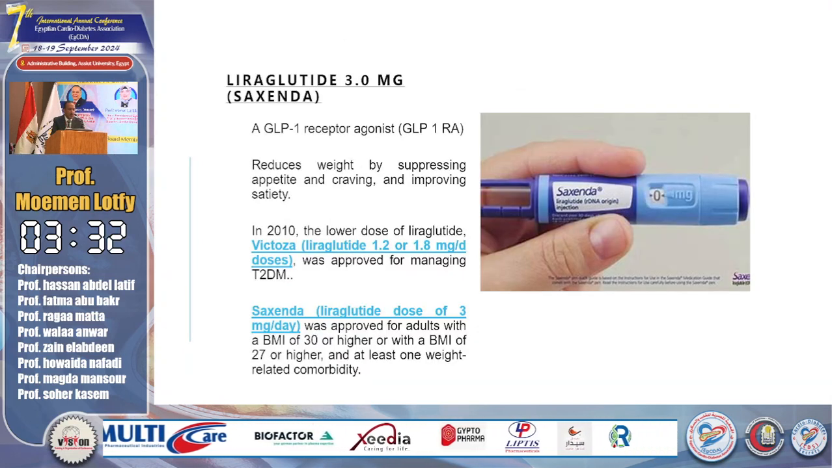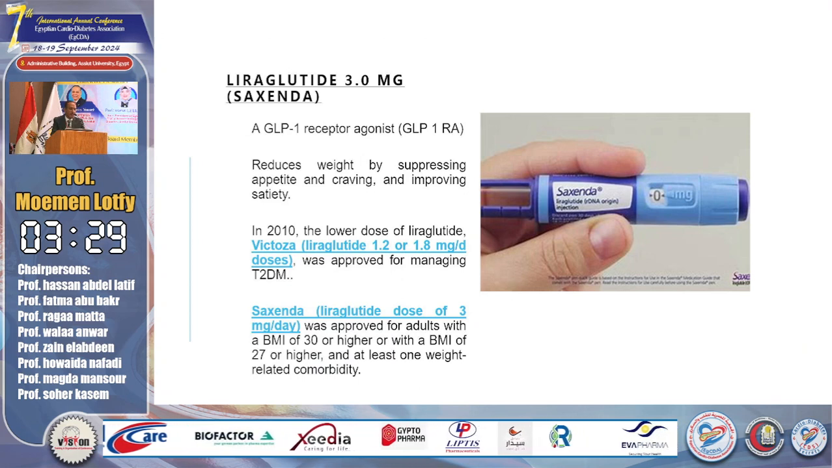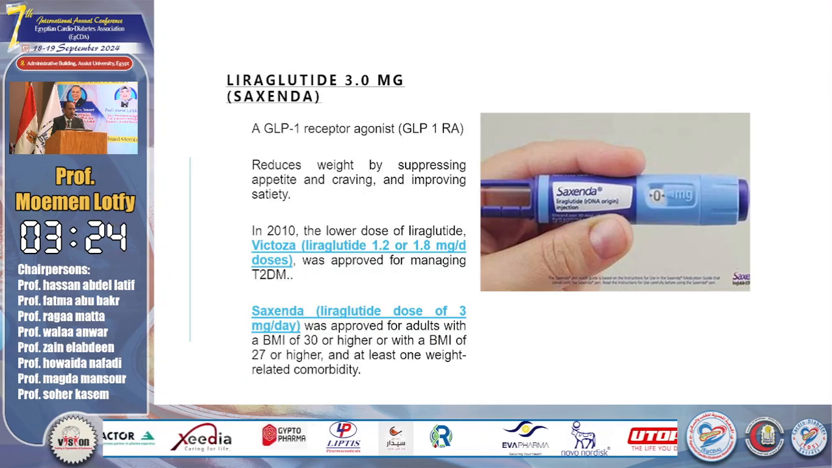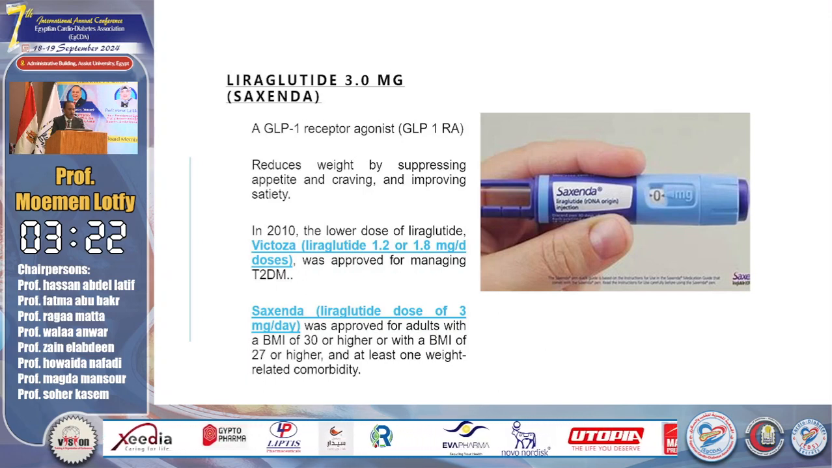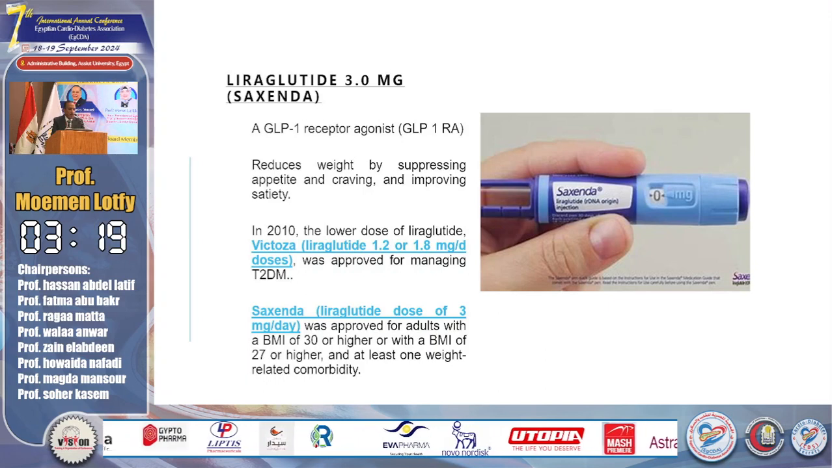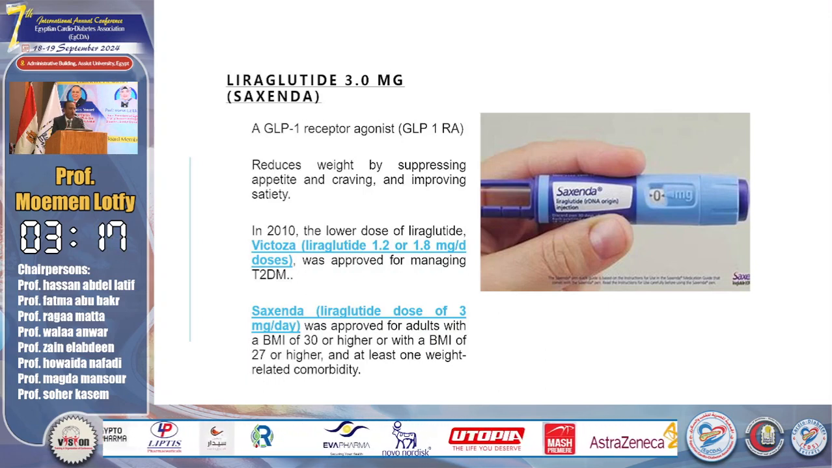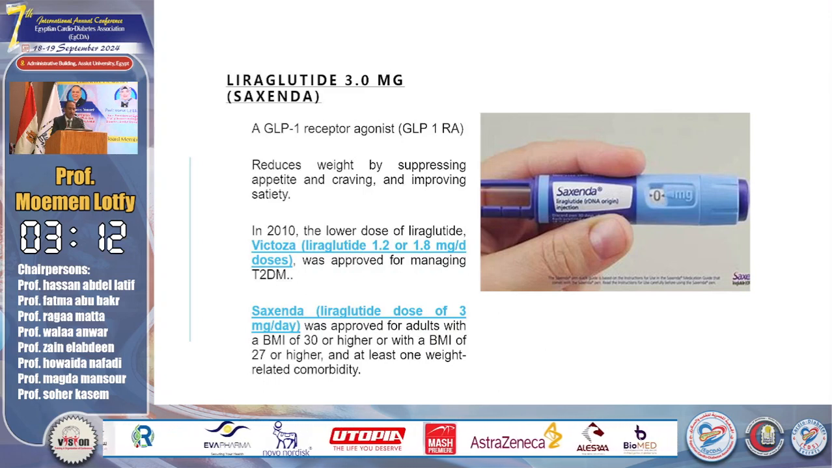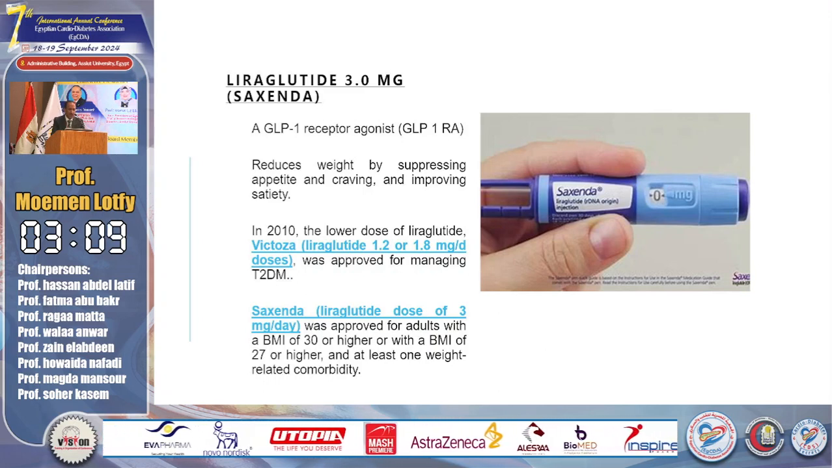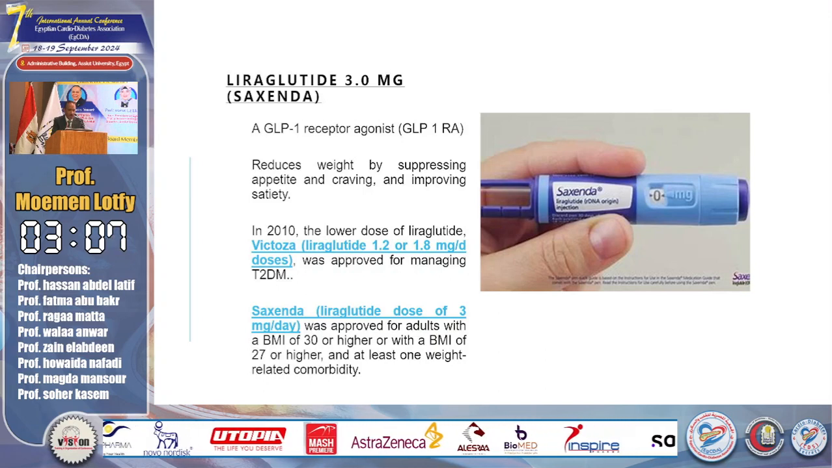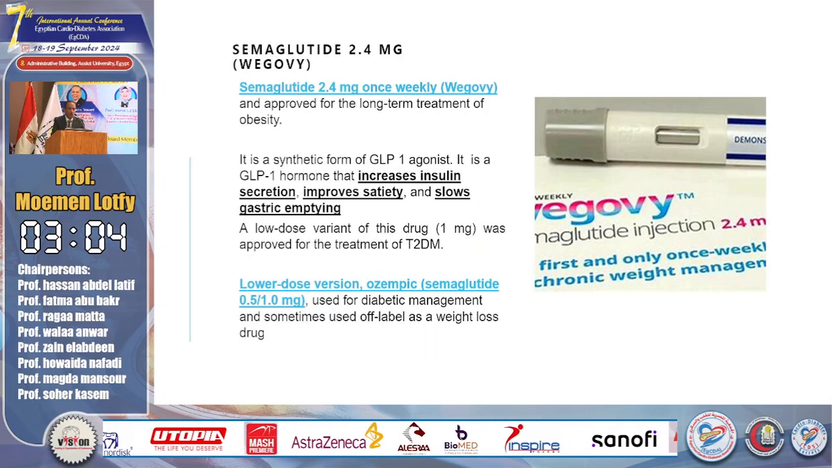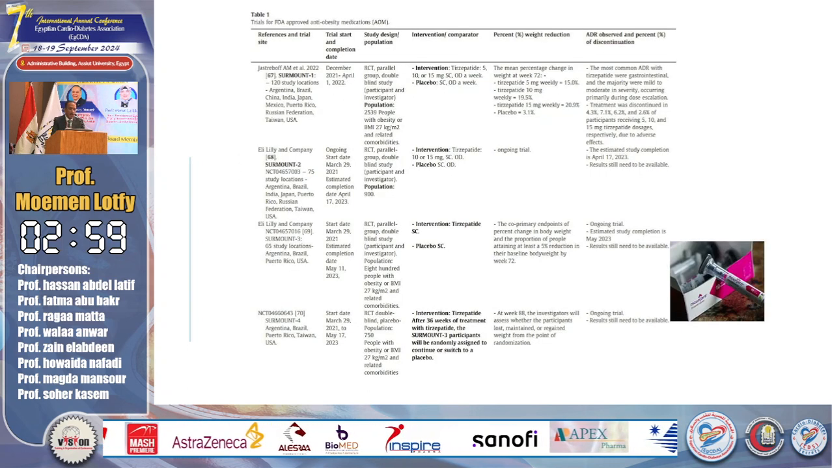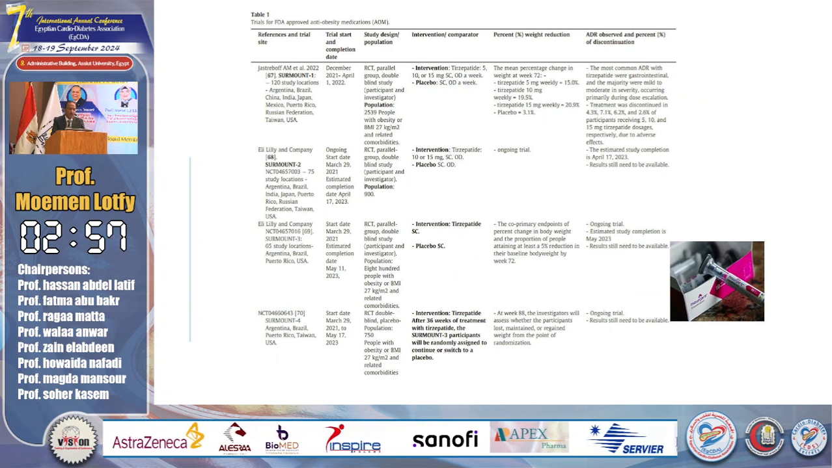This is liraglutide, known as Saxenda, first approved in 2010 under the name Victoza for management of patients with diabetes, and now it is used for weight reduction with a body mass index of 30 or higher, or 27 or higher associated with at least one other comorbidity. This is semaglutide. And finally, this is tirzepatide, and this is the